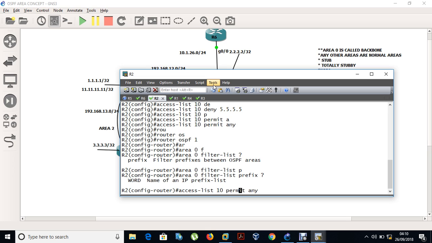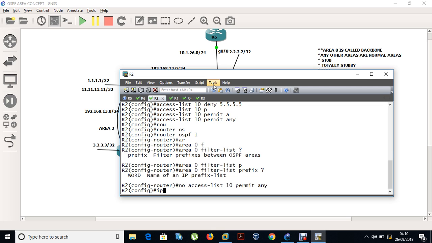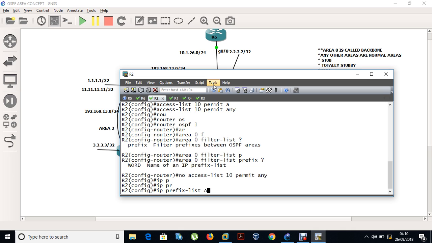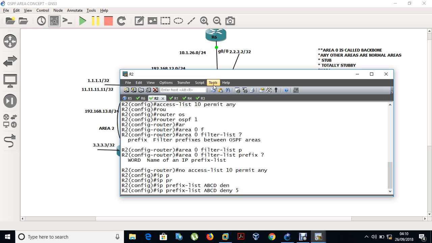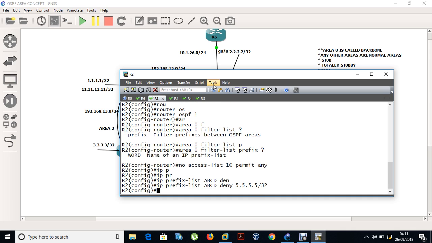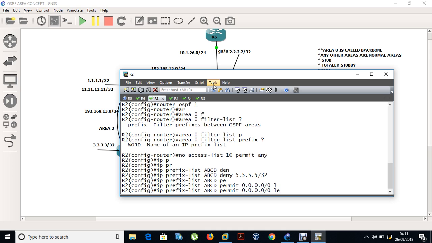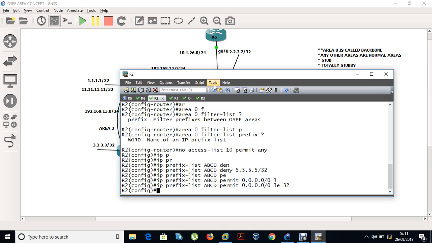So let me delete the access list. Then ip prefix-list ABCD as before, deny 5.5.5.5/32, and then you can permit 0.0.0.0/0 le 32, and